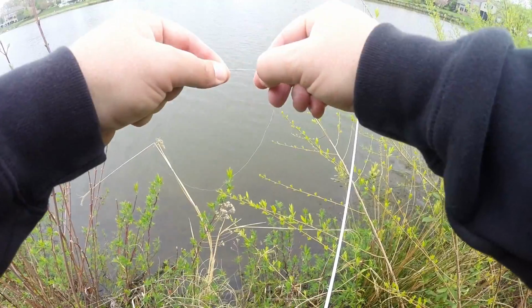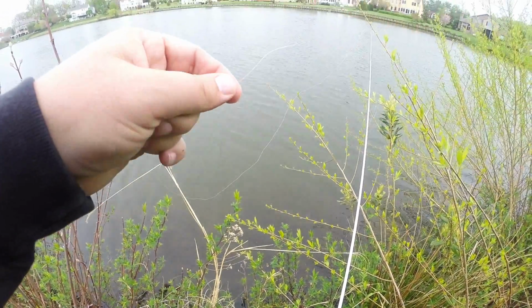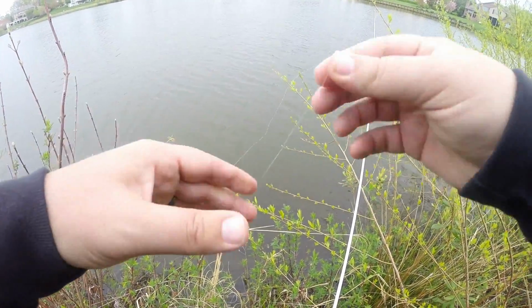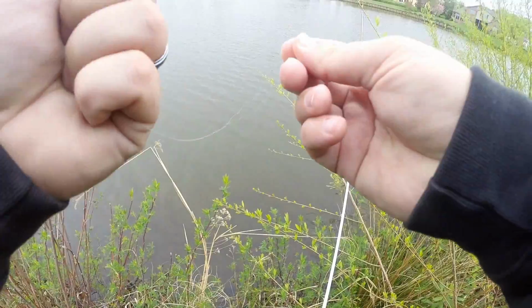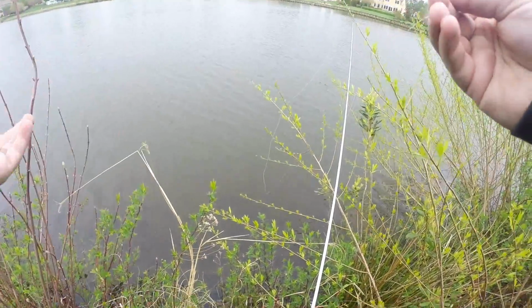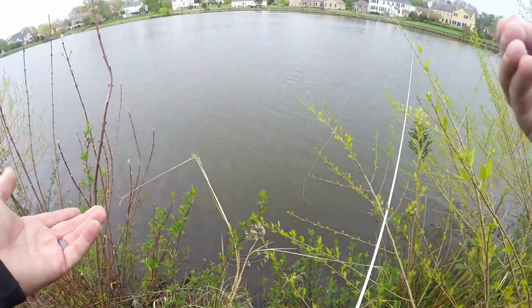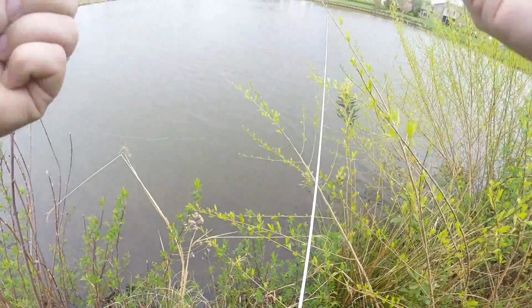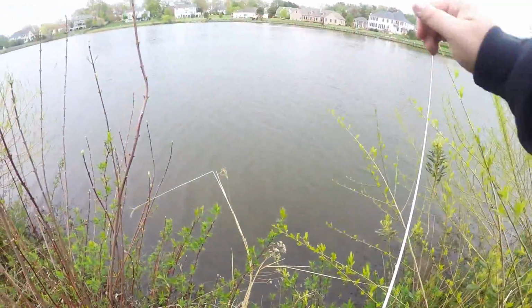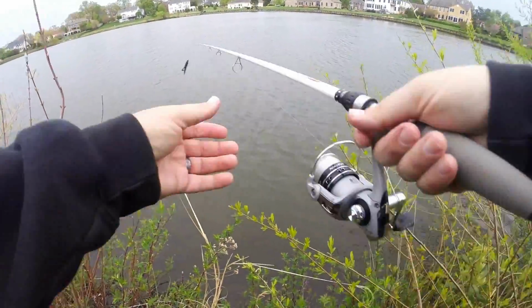So I'm gonna go ahead and go retie, and then we're gonna get back after it. But let this be a lesson, you know? You can't always catch them all the time. You're gonna have breakages, your line's gonna get hung up, you're gonna catch big fish and it's gonna break off. I hope you guys got an opportunity just to see a glimpse of that fish, but if you didn't, maybe I'll be able to get him up close and personal for you here in a little while. Alright guys,